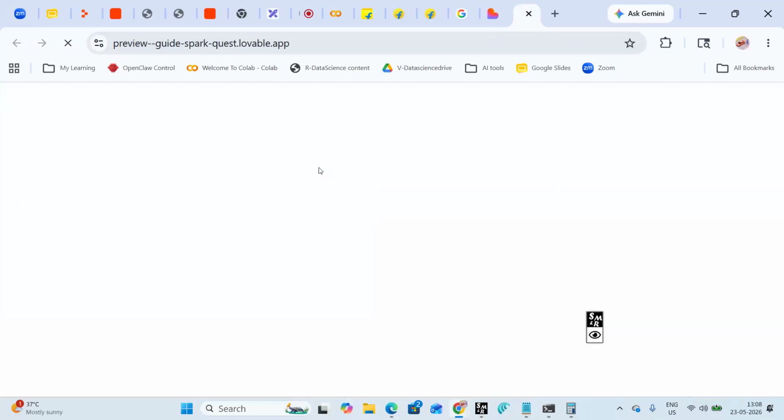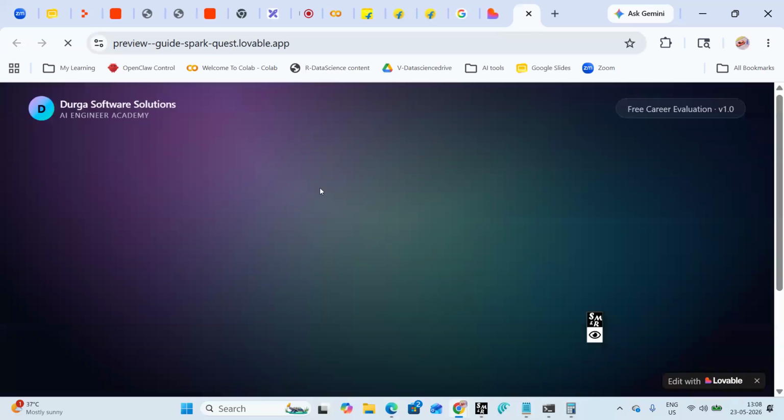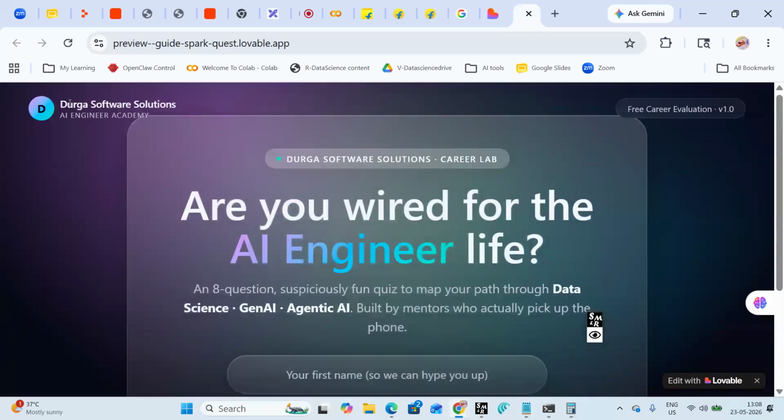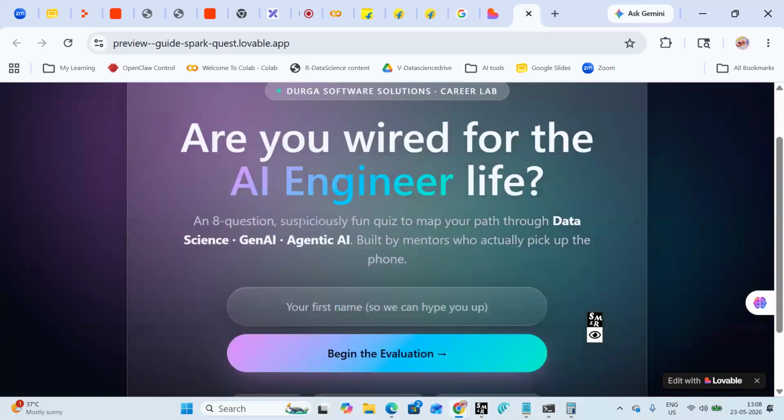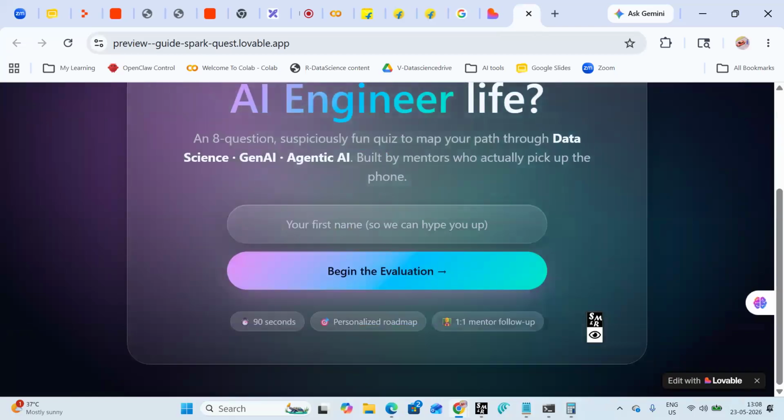After running that particular prompt, I get a website like this. Durga Software Solution Career Lab. Let's see. Great. It takes 90 seconds to complete your roadmap. Okay.